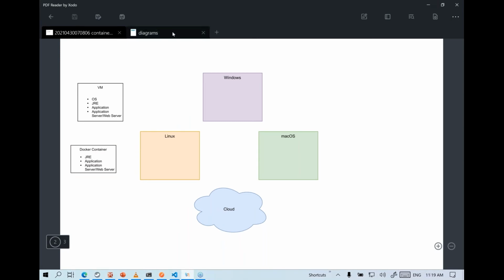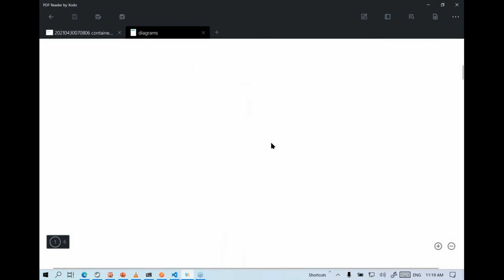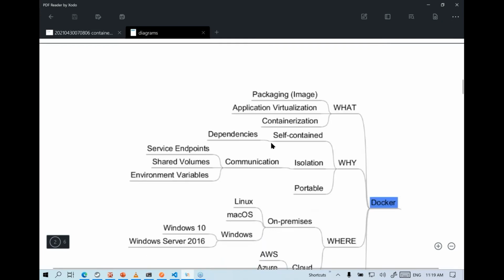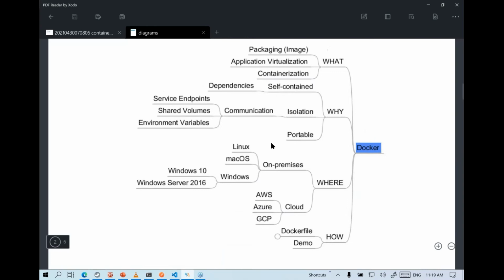So keeping this in mind, let's cover Docker in slightly more detail before I show you a demo. Eventually, by the time we are done with this session, we will have our regular application, a Java-based application, let's say. We will end up creating a Docker image, and then we will deploy it to AKS, or Azure Kubernetes cluster.